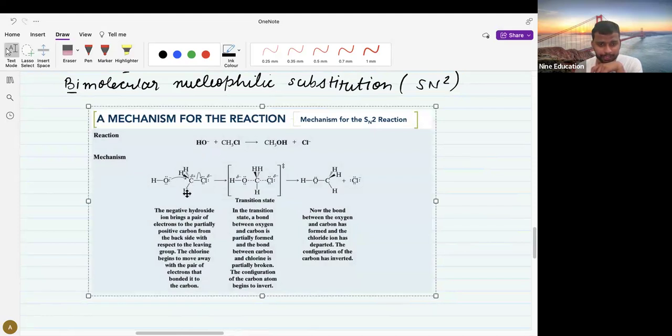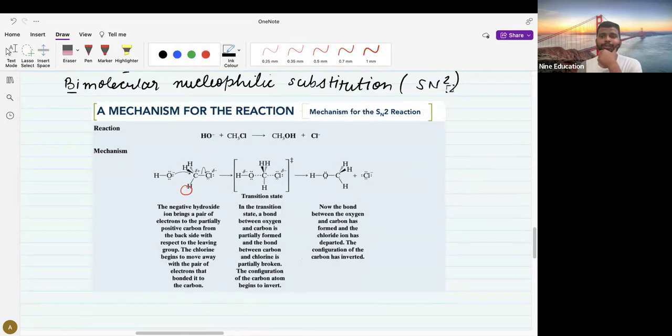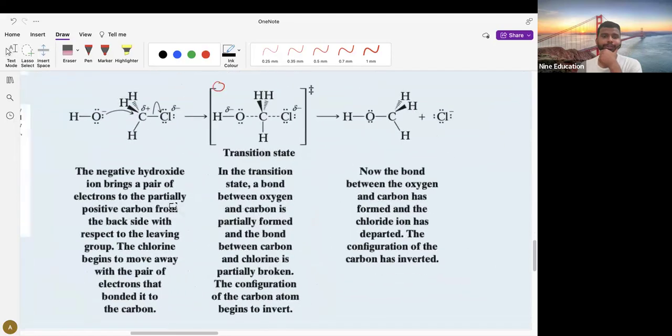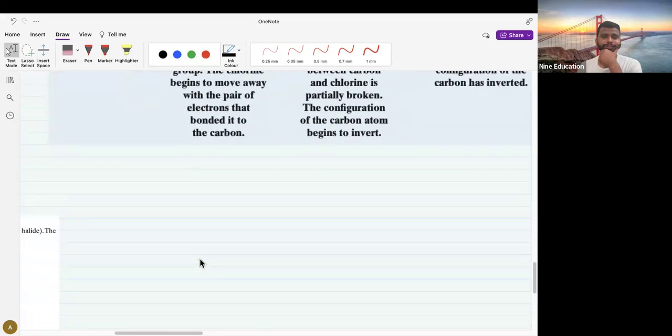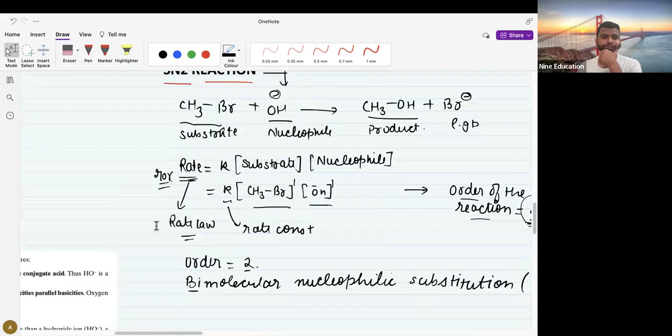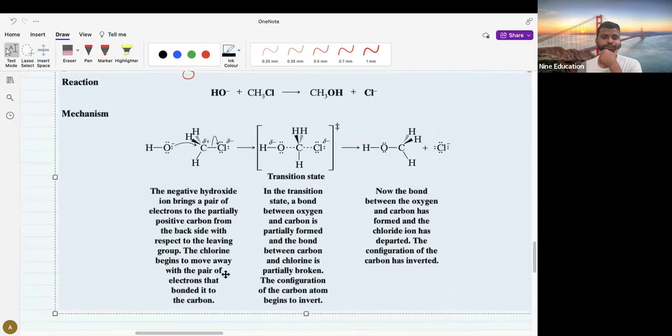This carbon has three hydrogens; this H and this chlorine are in the plane. है ना? अगर ये दोनों in the plane हैं, if these two are in the plane,